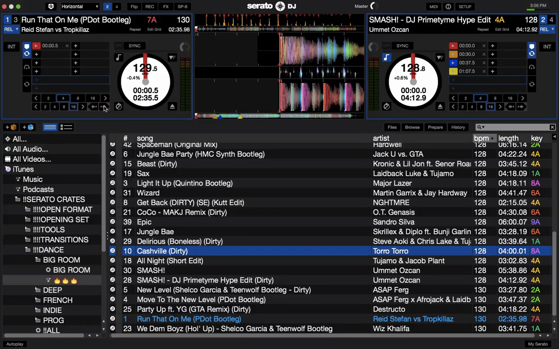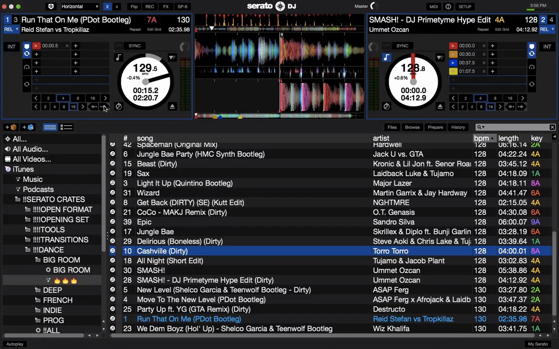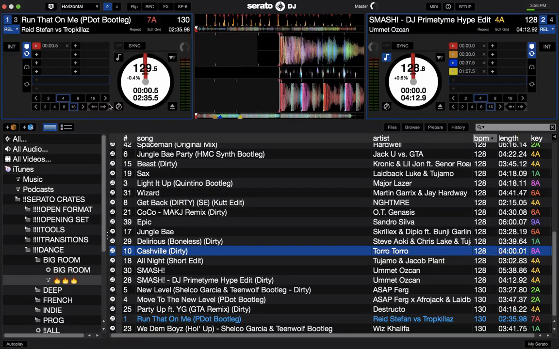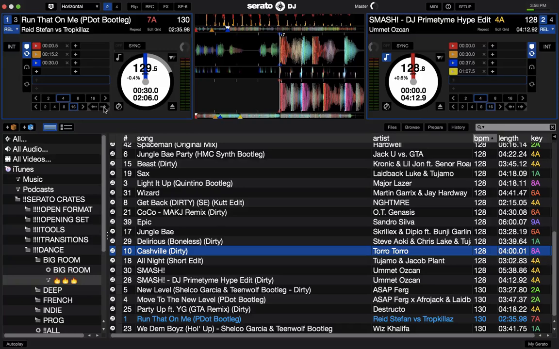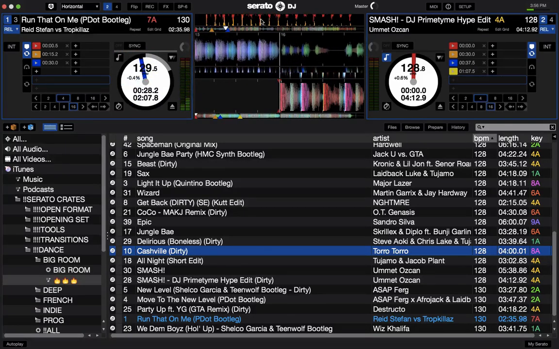measure out how many beats are in this intro, so 4, 8, 12, 16 beats, go back to the beginning, beat jump twice to 8 bars in, lay my second cue point, beat jump 2 more times, lay my third cue point. Instead of having to scrub through the track little by little and making sure I'm right on beat for halfway through, or maybe using loops and stuff, I can just click the beat jump twice and be right there on time,